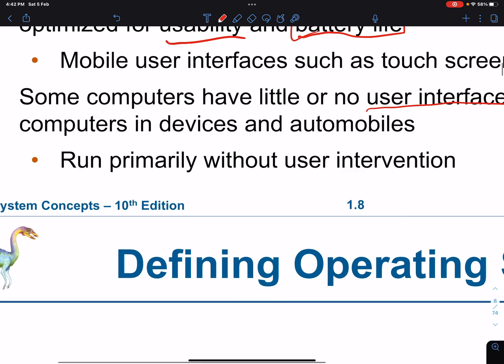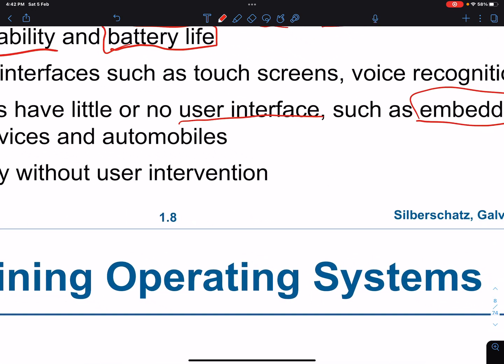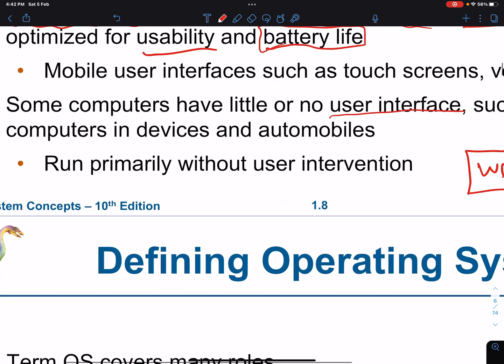So those kind of systems, like the operating system, as an example, in a washing machine, they don't have much interface, right? Maybe a button that will start the execution, another way to choose the program and so on, but that's it. The system itself works without any interference from the user. So the user doesn't have any intervention.